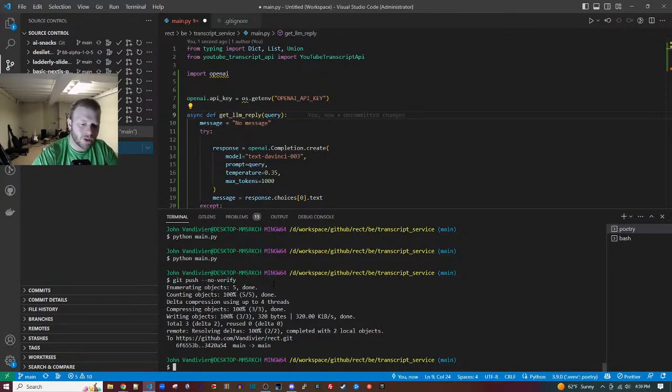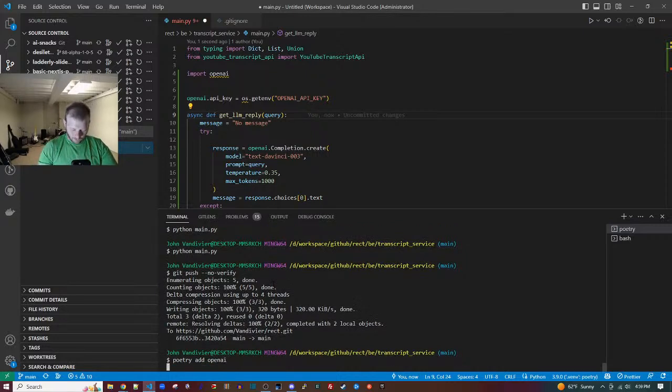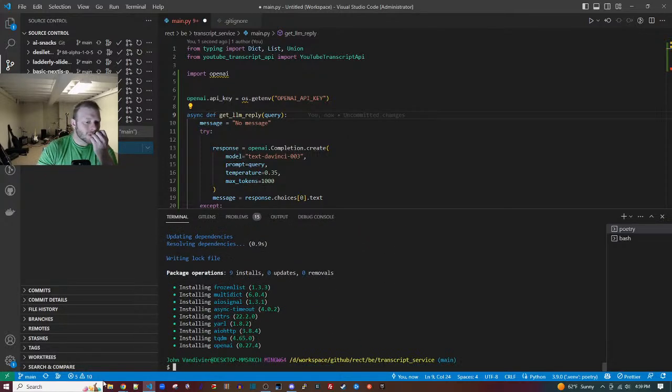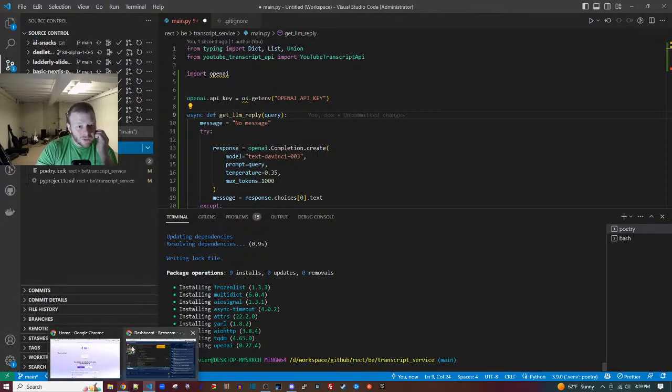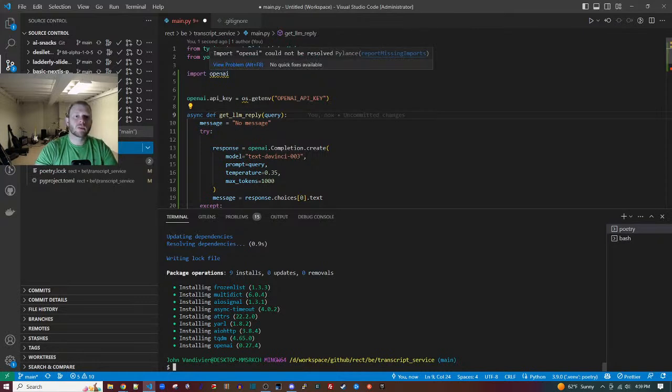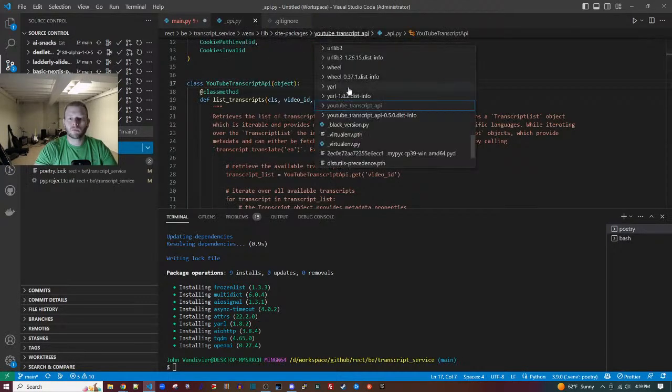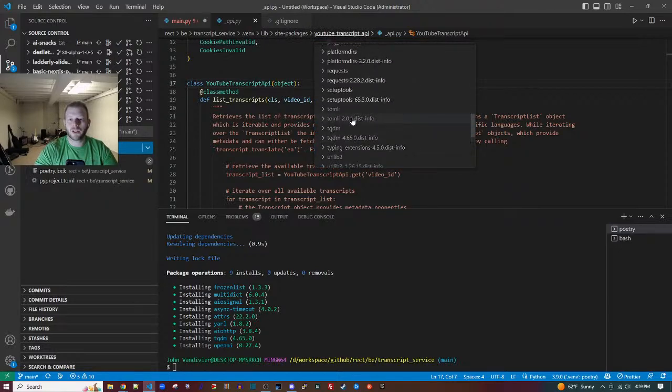Okay, so we're here in poetry. We're going to poetry add OpenAI. And so now in the site packages, there is OpenAI.